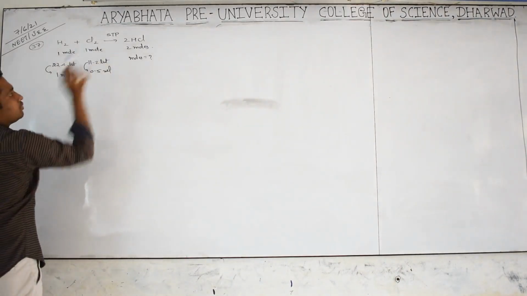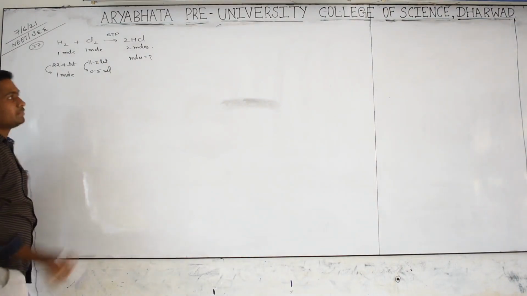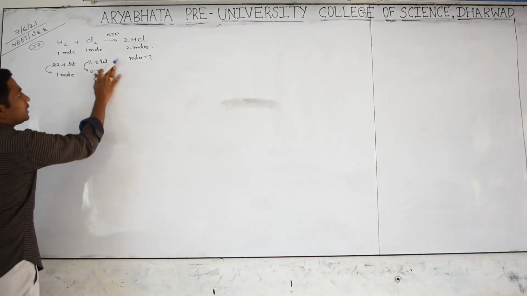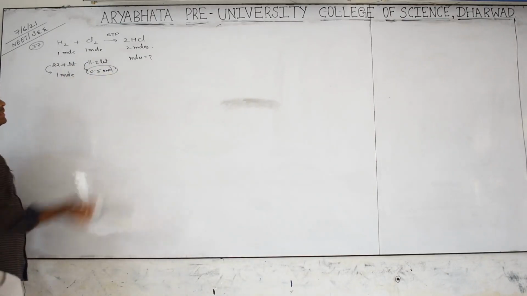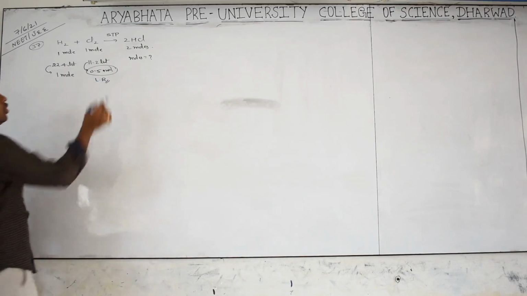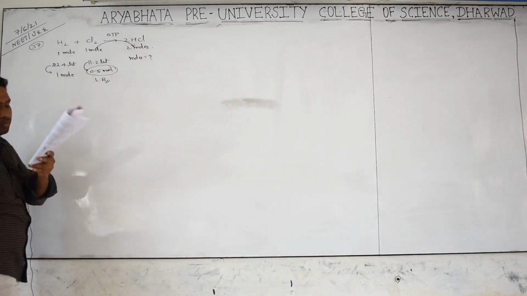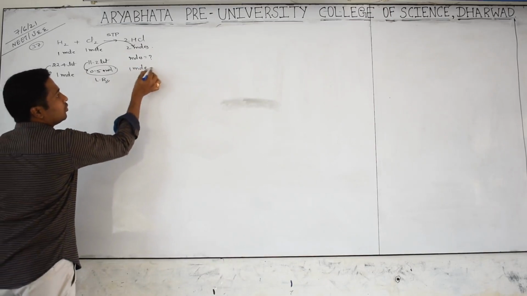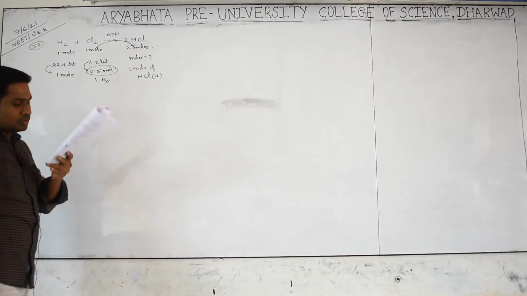1 mole gives 2 moles, and we have to check which one is the limiting reagent. Actually 1 mole requires 1 mole, but only 0.5 mole is given, less than the requirement, a shortage. That's why it is called the limiting reagent. Product is always controlled by the limiting reagent. 1 mole gives 2 moles, then 0.5 moles gives double, which is 1 mole of HCl. I think option A. You check it carefully.